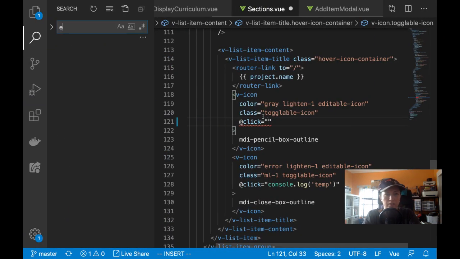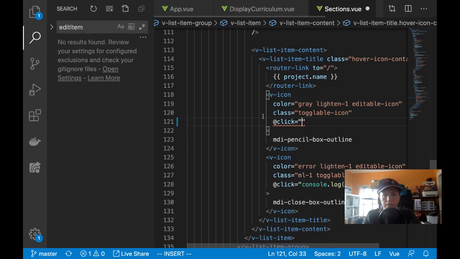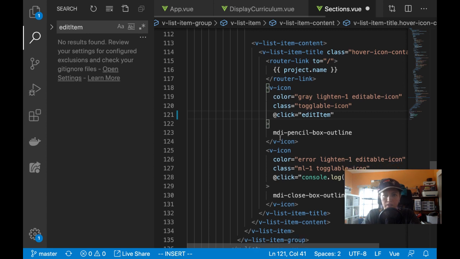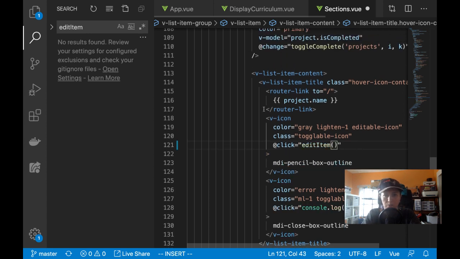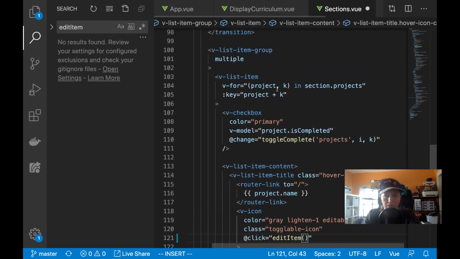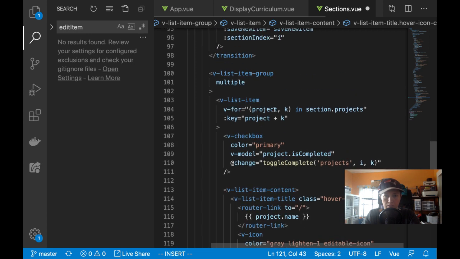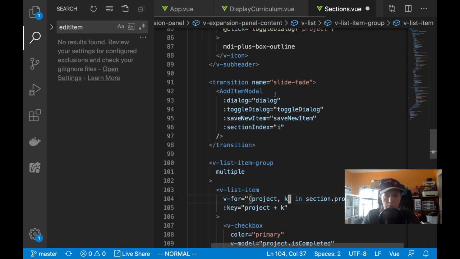I don't already have edit item, right? No, I don't. Okay, so that's fine. Oh, yeah. So edit item, and then I need to make a function. Well, first I'll need to pass it which item. This is for projects. That's okay, I can start with projects. And this is which project. So I need to pass it which project,